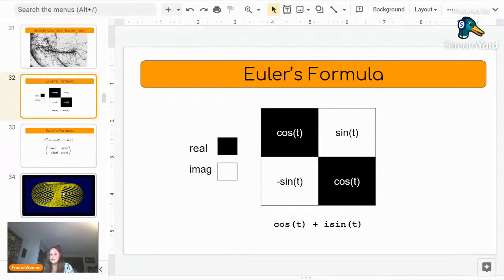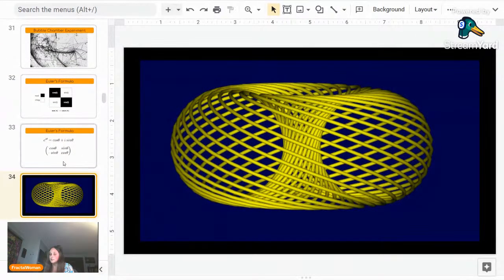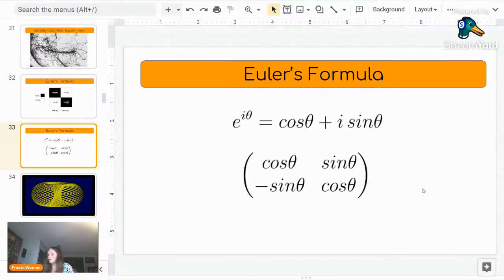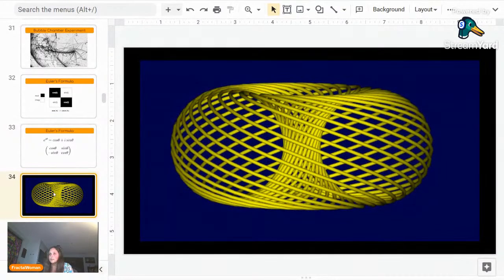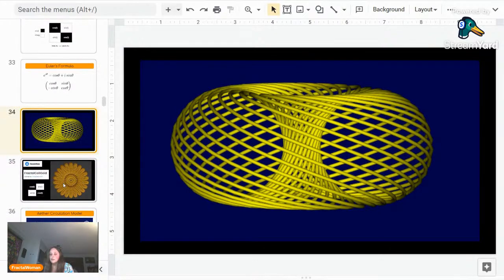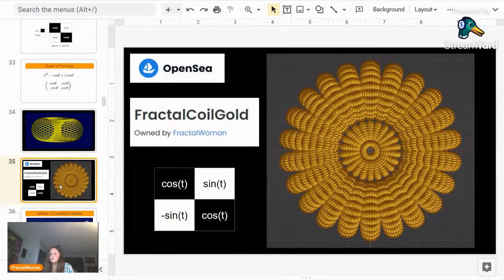So I can also, with my complex numbers, with Euler's version, with this version of complex numbers, now I've got the cosine on the forward diagonal, and the sine on the backward diagonal with opposite sense. I can generate the torus knot, and all the toruses, all the incarnations of the torus. And also I was able to generate the fractal coil,